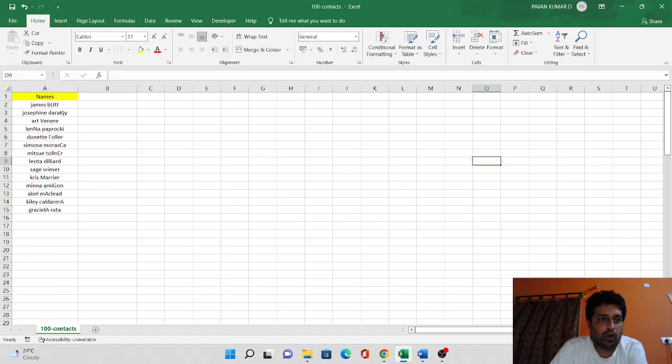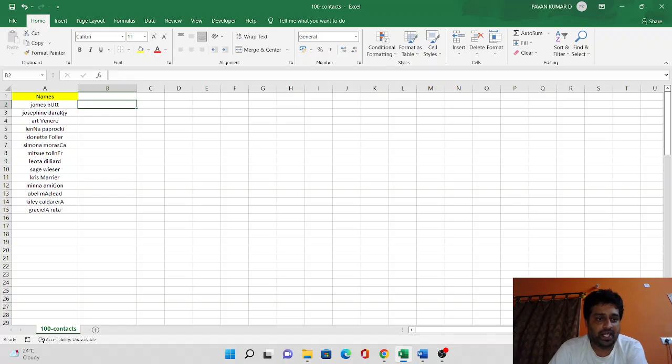Here we can see a column consisting of the names of different people like James Butt, Josephine, Derek Hitch, Twenty Ray, and so on. Okay, and here we can see the names are not properly arranged. In between we can see a capital letter, and it's not properly arranged. Sometimes we want those names to be properly arranged, suppose we want the entire name to